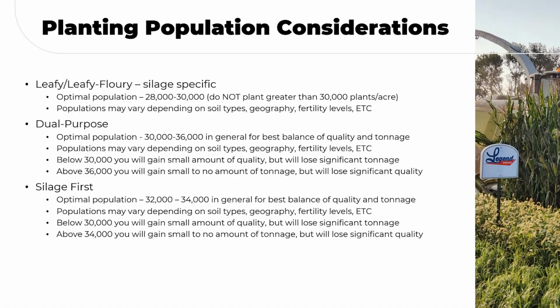Not that the agronomics won't handle it, but to get the quality that we're claiming on the silage first stuff, we have to be at that 34,000 or less. So 32 to 34 is where most of those products are going to fall in the slot of having the best quality. Once you get with any hybrid past about 34, 35,000, you will gain tonnage, but